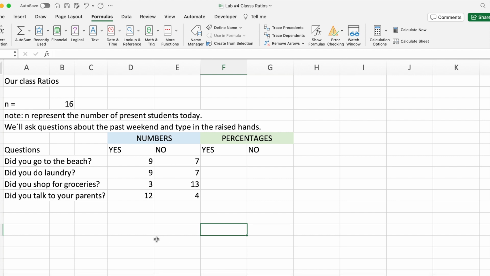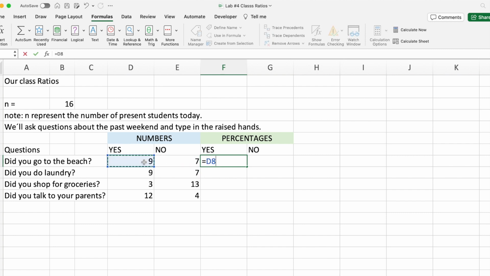For this example, we have all the data collected in the spreadsheet. So to start out with our formula, we want to find out the percentage of the numbers that we've gathered. So we will put in a formula to get our answer. So to get the percentage of something, we take the number we're trying to find the percentage of and divide